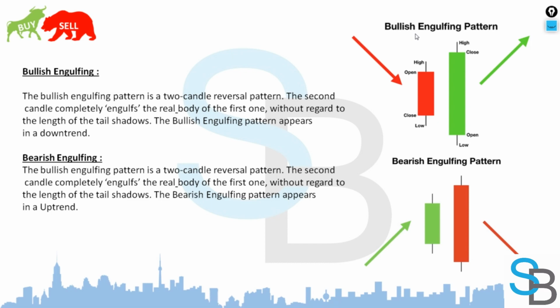So, bullish engulfing. The bullish engulfing pattern is a two candle reversal pattern. The second candle completely engulfs the real body of the first one without regard to the length of the tail shadows. The bullish engulfing pattern appears in a downtrend. So this is the bullish engulfing pattern. We have here a candlestick, and the next candlestick will engulf the entire body of the previous candlestick. This is what we call a bullish engulfing, and it is usually a signal of trend reversal,